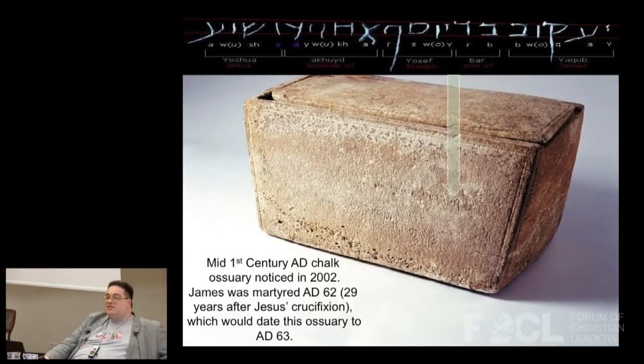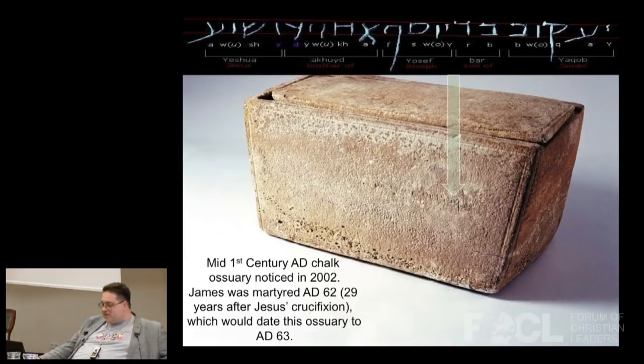The trouble with this find is that I say it was noticed in 2002 rather than discovered, because it wasn't dug up during an archaeological dig, photographed in situ, etc. It was noticed by someone who could read that inscription in the collection of an antiquities dealer who'd had it for a long time, but didn't seem to know what he had, because he hadn't made anything of it. He was a Jewish antiquities dealer, and that combination of names didn't really mean much to him. Someone was visiting the collection and said, hang on a minute, that's interesting. Can I have a closer look?